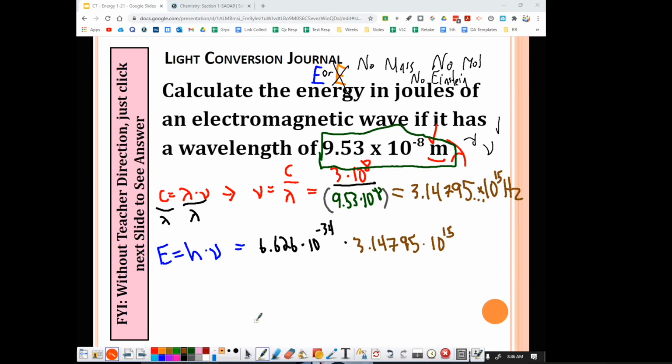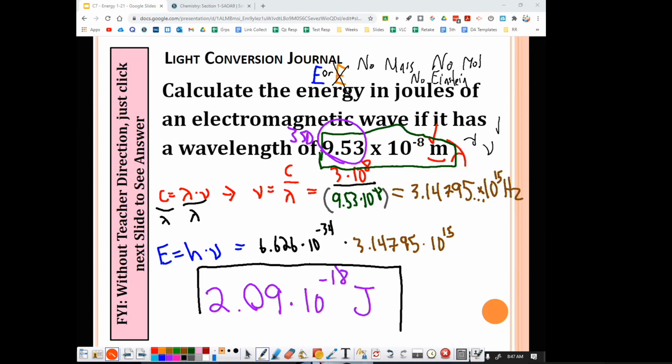So I take the number that's still in my calculator, hopefully. I times it by 6.626 times 10 caret negative 34, equals. And I get my answer. Okay. My answer in this case is, I set it to 3 sig digs based on the fact that I've got 3 sig digs here. So I am going to be at 2.09, with rounding, times 10 to the negative 18th power,